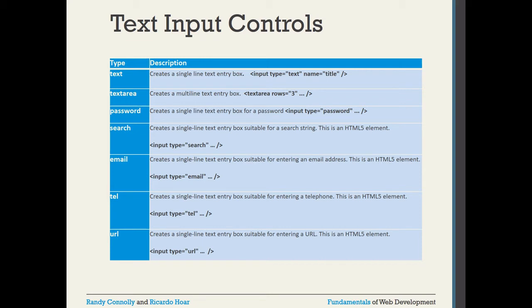Another thing is input type equal to tel, which is suitable for a telephone number only. And another thing is input type equal to URL. That again checks the URL format in a single line. So these are all the most important input type controls. This is important for your examination; they might ask you to explain the text input controls, so you have to explain all of these things.